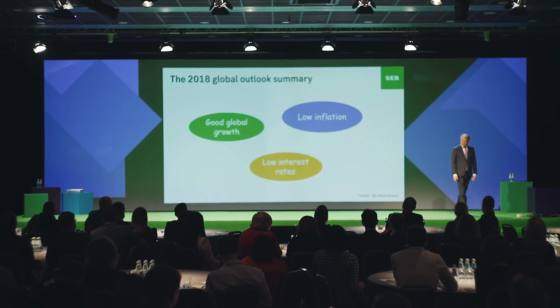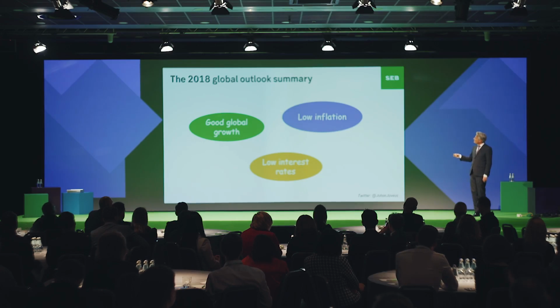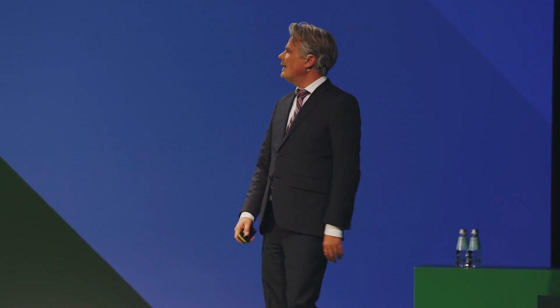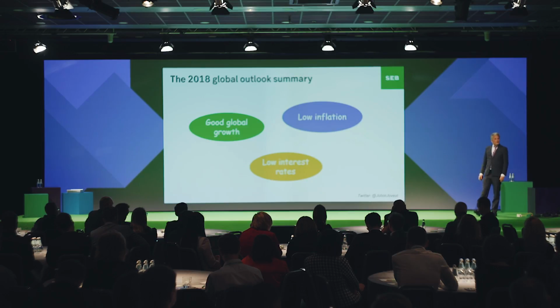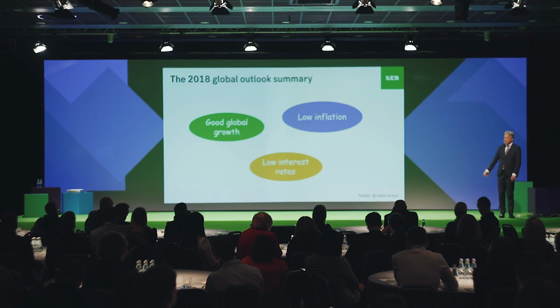If you want to summarize my message to you today, it's these 3 things. We're going to have decent global growth. As far as we can say, that is going to be the environment for the next year, probably even 2 years. Low inflation. It's not going anywhere. We're not going to see rapidly increasing inflation. And this means that interest rates will also remain quite low. They will rise a little from where they are today, but they will not rise a lot. And this should also be a fairly conducive environment for a lot of assets, like real estate, stock markets, and so on.